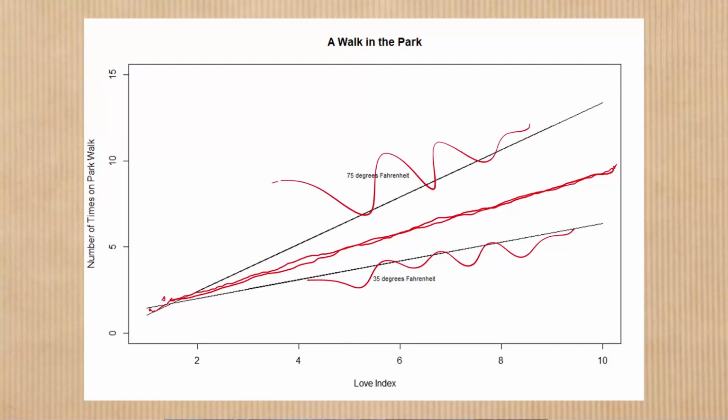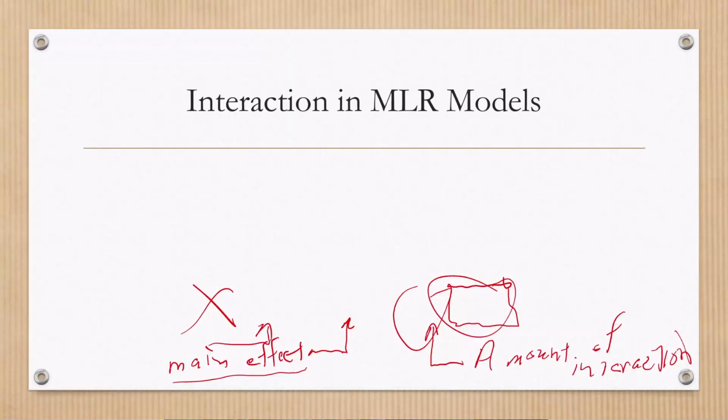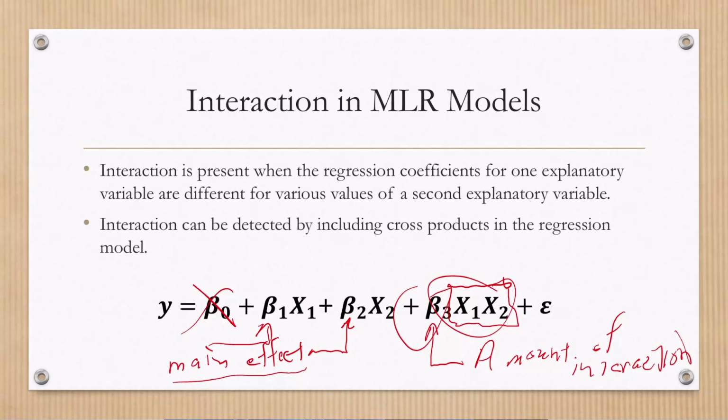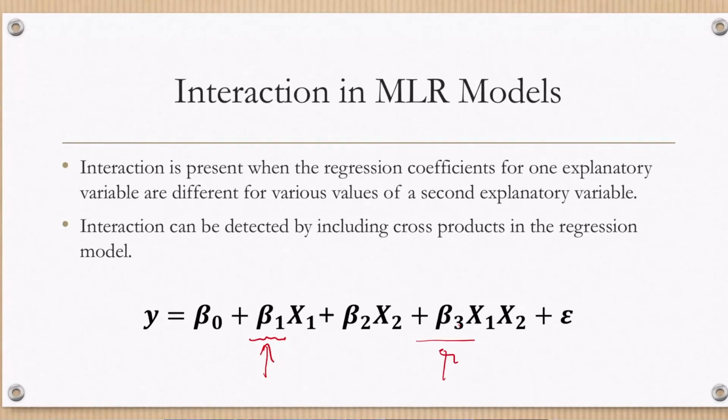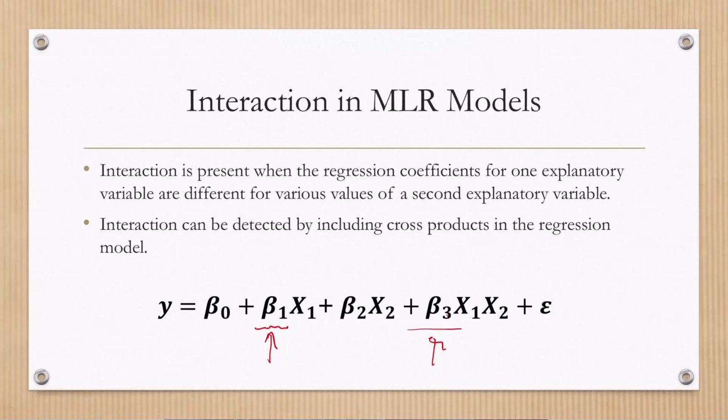So to talk about main effects as one number, which is what we would be doing if we were looking at the main effect of, say, beta 1, if we were just talking about that main effect of beta 1, when in fact beta 3 was substantial, then we would be giving a misleading impression, because we would be giving a sort of average effect instead of the specific effect that we could find by looking at various temperatures when we're actually doing the study.